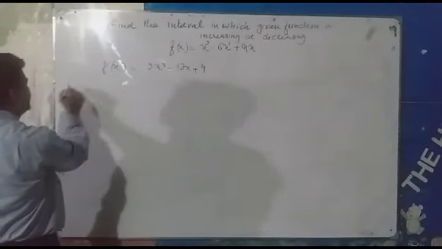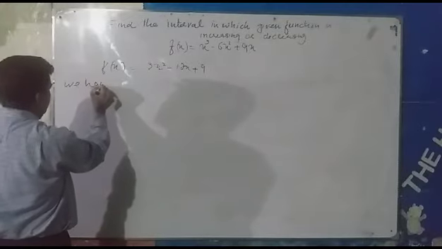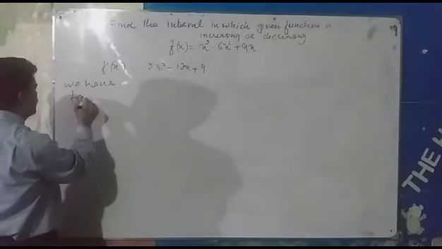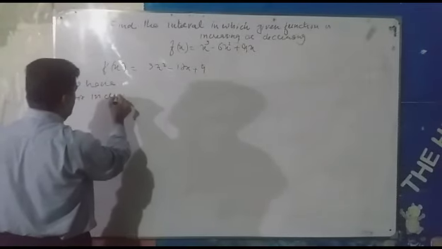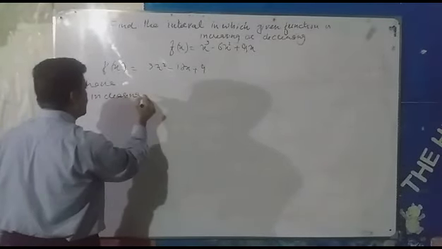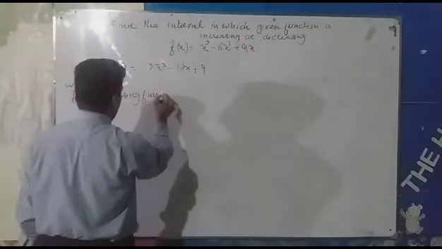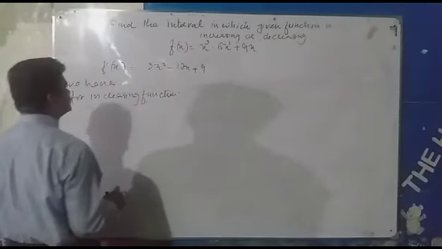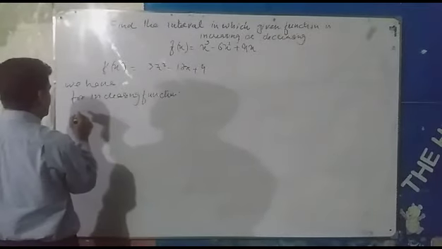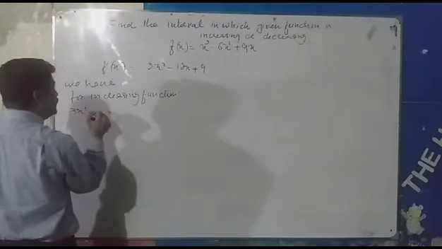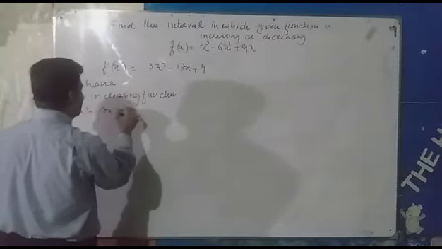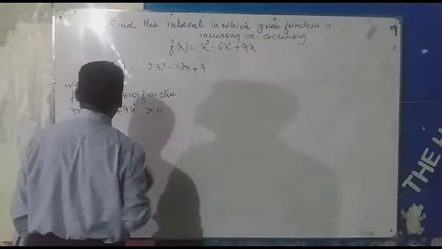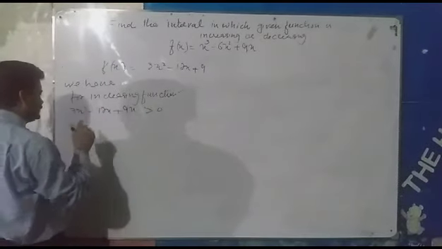We have, for an increasing function, 3x square minus 12x plus 9 would be greater than 0. By factorizing we get